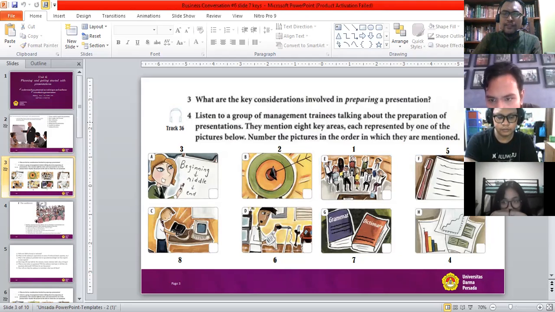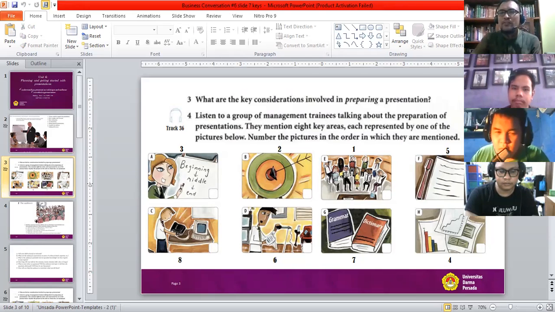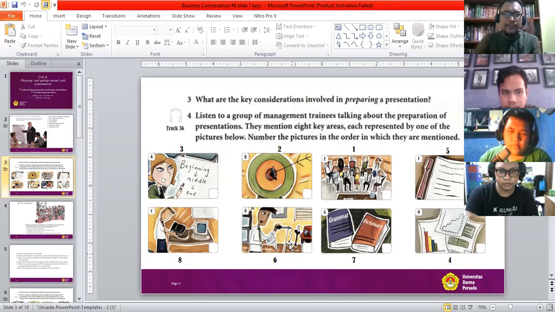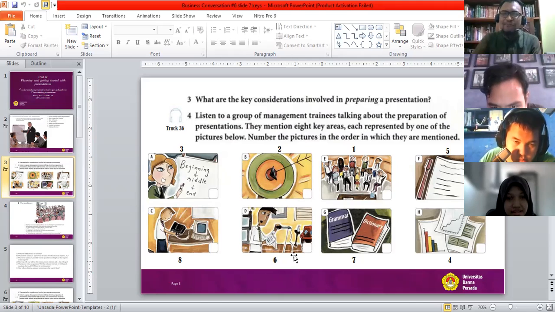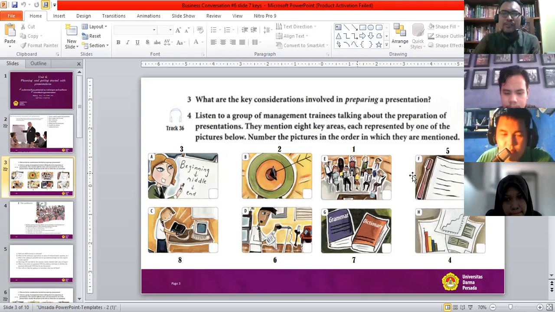Number 5. What do we have there? Notes. You may want to make notes. It could be paragraphs, could be main ideas, clues, things like that. Number 6. This is the most important part of your practice. You need to spend some more time on this. Of course, some other numbers also need some of your time,